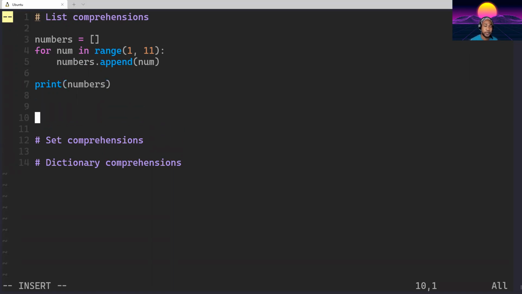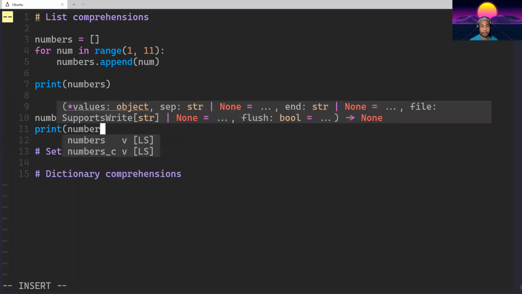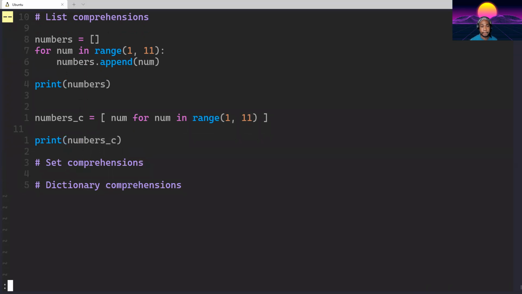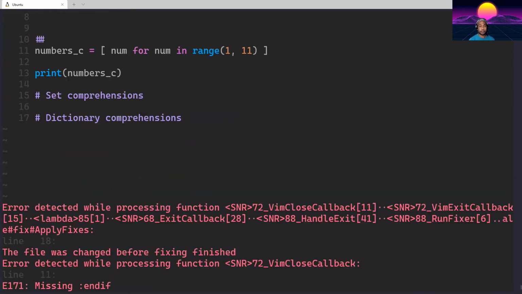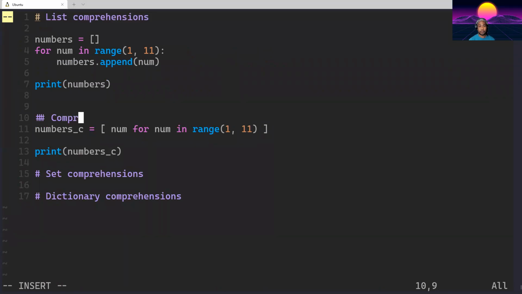So let's try this again with, I'm going to call this numbers C for comprehensions, and we are going to say num for num in range 1 to 11, and that's it. We have a comprehension. A single line,